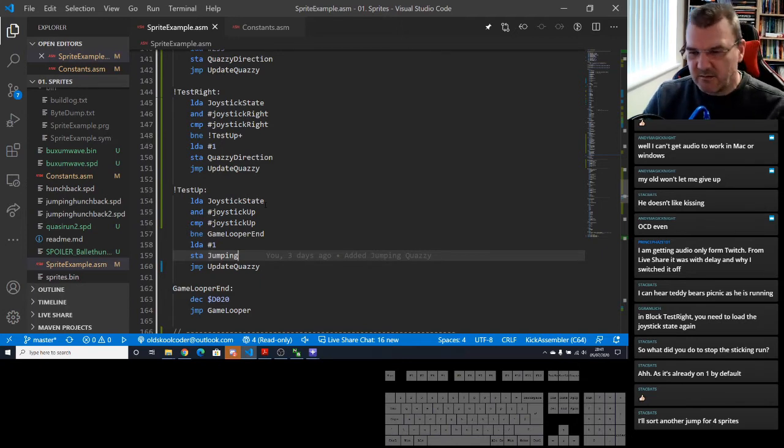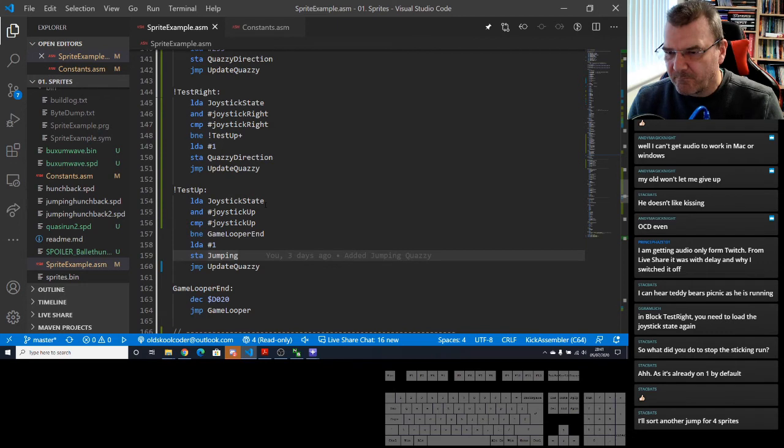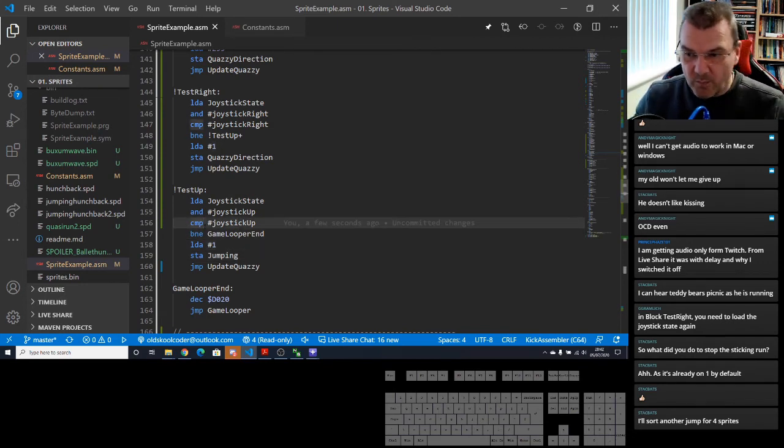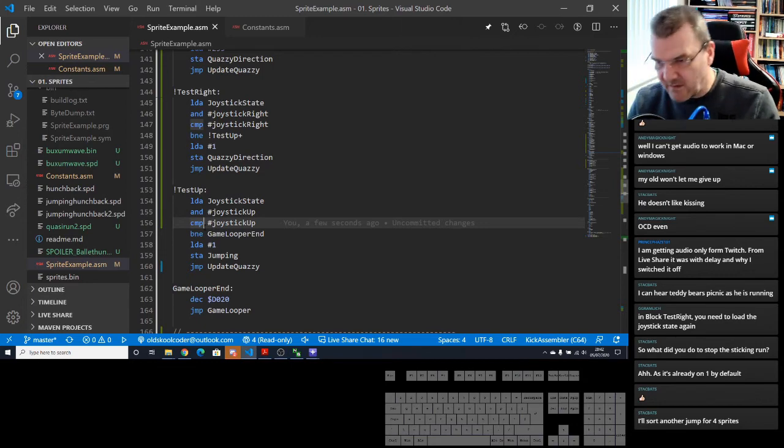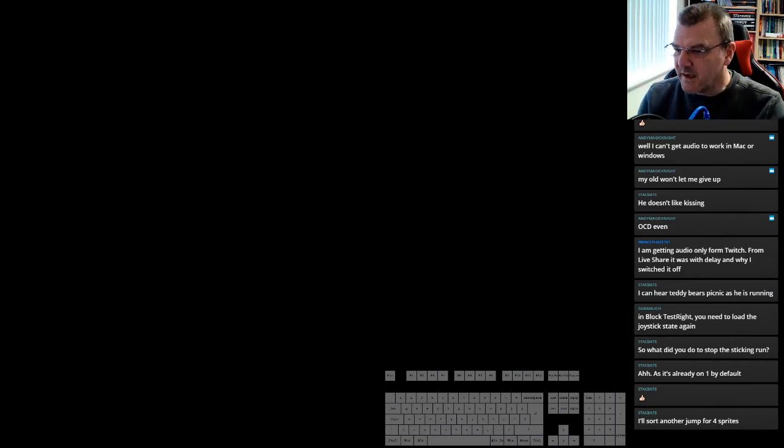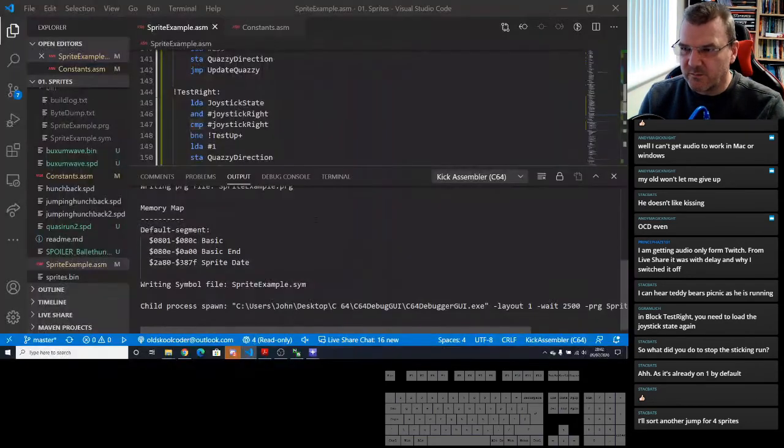That's alright, mate. I mean, 4 or 8 sprites doesn't matter, mate. I mean, 8 sprites gives you more flexibility and makes the motion look smoother, but it's better to work with the powers of 2 because then we can just do ASLs on it to work out which frame we want. So this is doing the up, the jumping. So if we do Control F5 now, we should get Quasi to jump with the joystick movements.